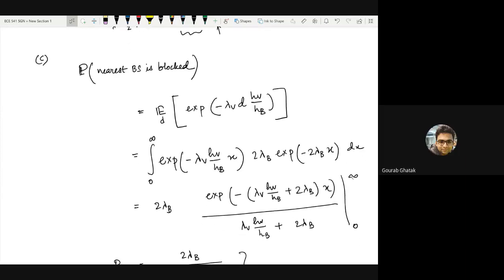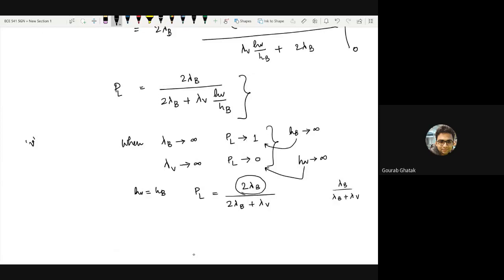But you are missing one part: this value just dictates that there has to be one such vehicle. If there is a vehicle, of course, you will always be blocked. This quantifies whether there is a vehicle or not. Are you getting my point? If you have a user here and a base station here, and the vehicles are of equal heights, if a vehicle is present, you are always blocked. But this probability is not one, because this probability dictates whether there is such a vehicle or not.